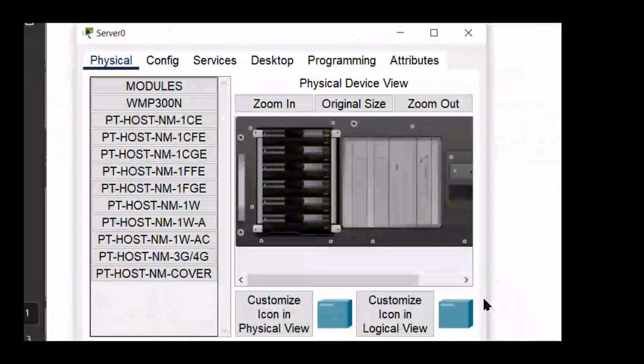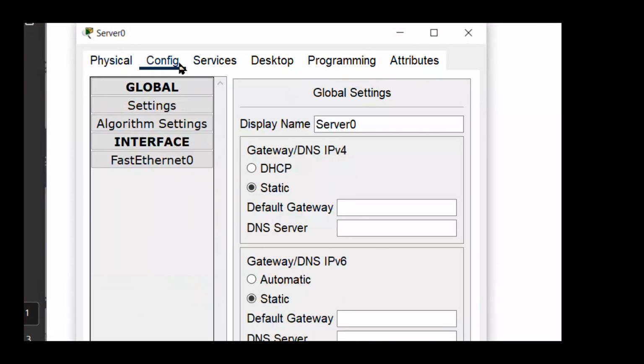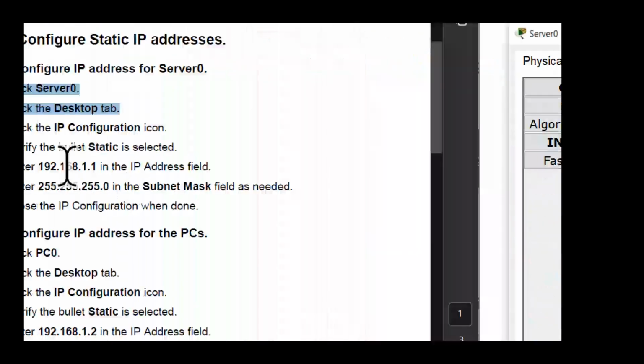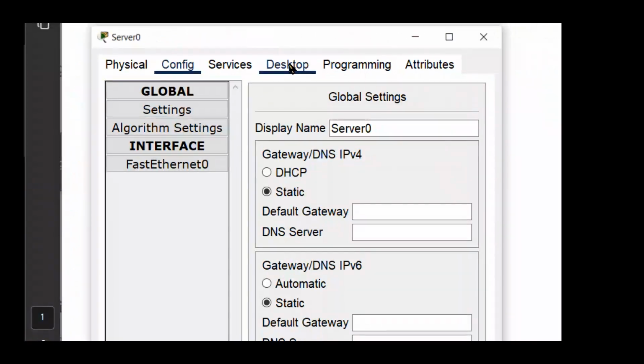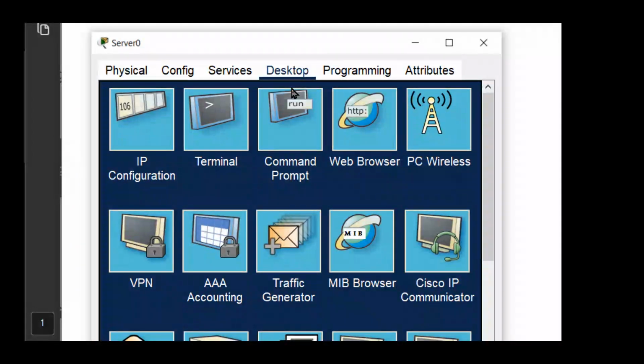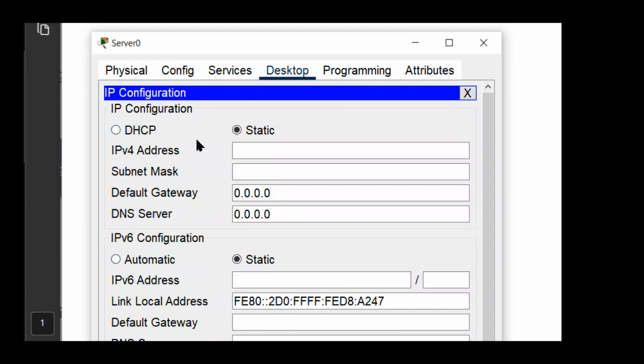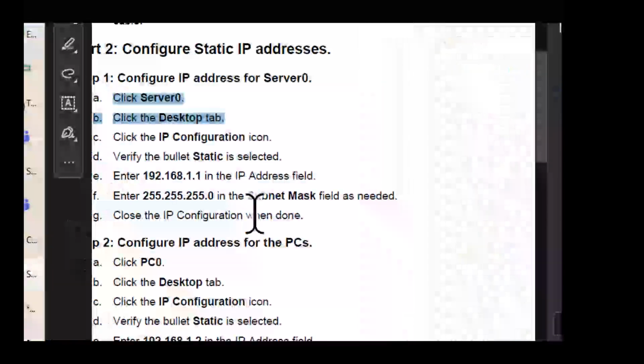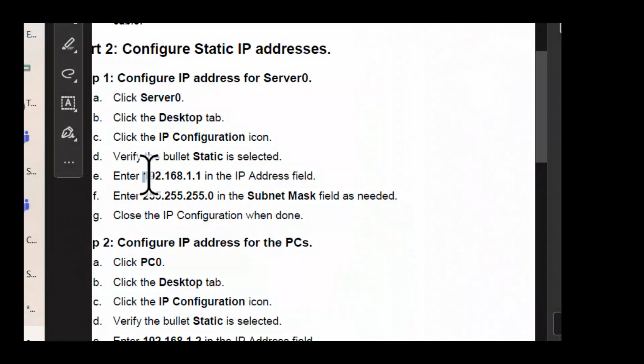Under the dialog box, select Desktop. Under Desktop, select IP Configuration. Can you see? Desktop, IP Configuration. Under IP Configuration, you will see a screen something like this. You will be asked to key in your IPv4 address, subnet mask and so on. Let's get this info from the lab sheet. According to the lab sheet, the IP address is